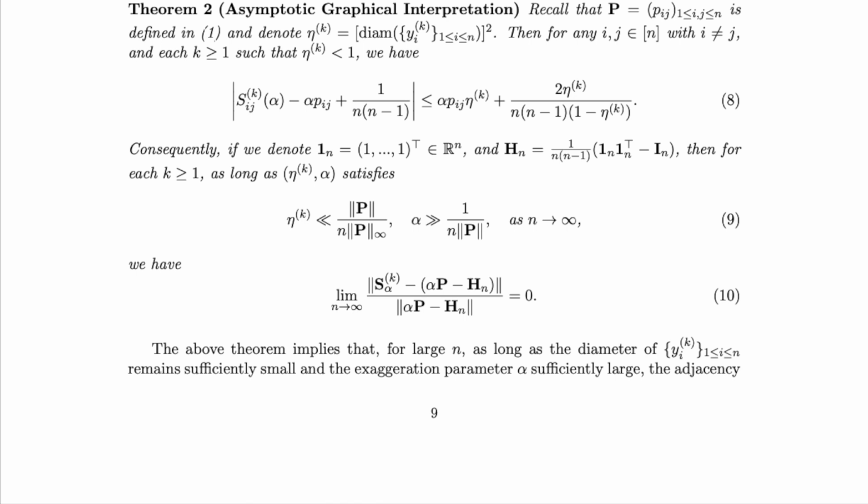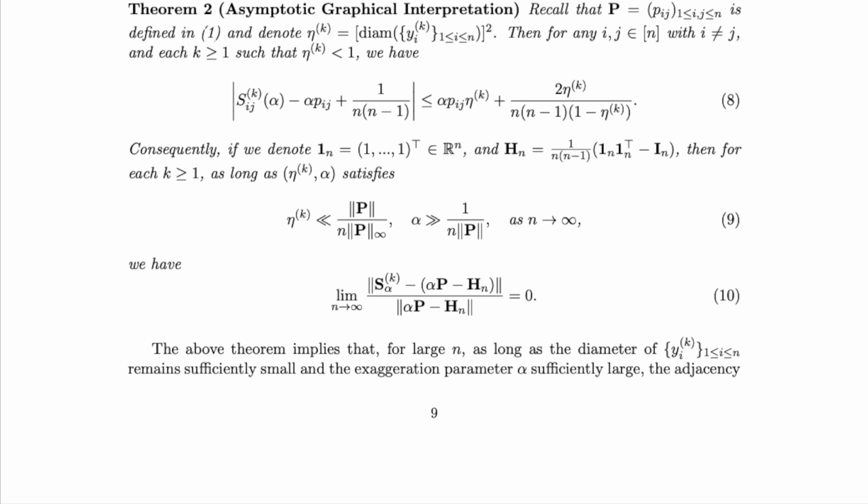Consequently, if we denote 1n equals 1, 1i in Rn, and hn equals 1n, n minus 1, 1n, 1n minus n, then for each k greater than or equal to 1, as long as y of k alpha satisfies C formula, we have C formula. The above theorem implies that for large n, as long as the diameter of y of k, i, 1 less than or equal to i less than or equal to n,